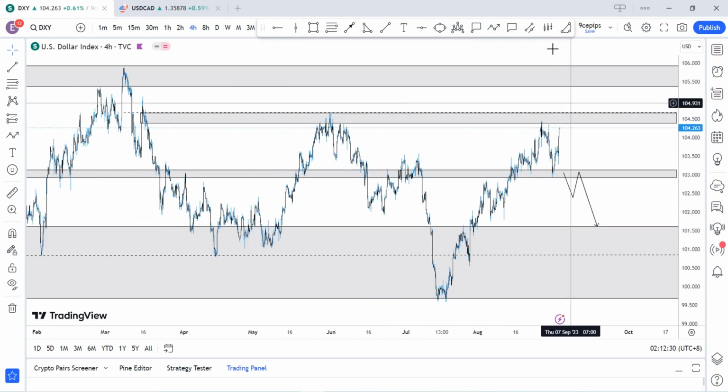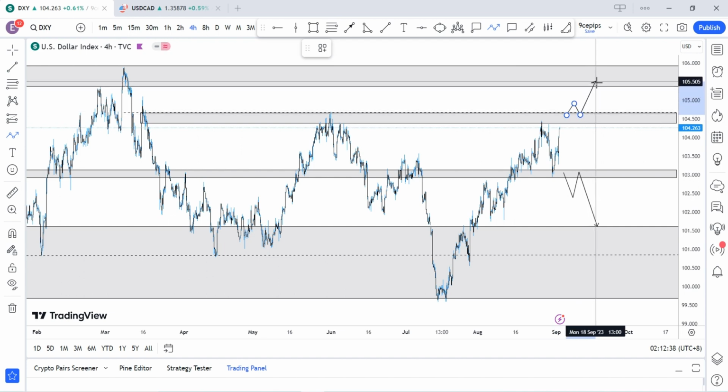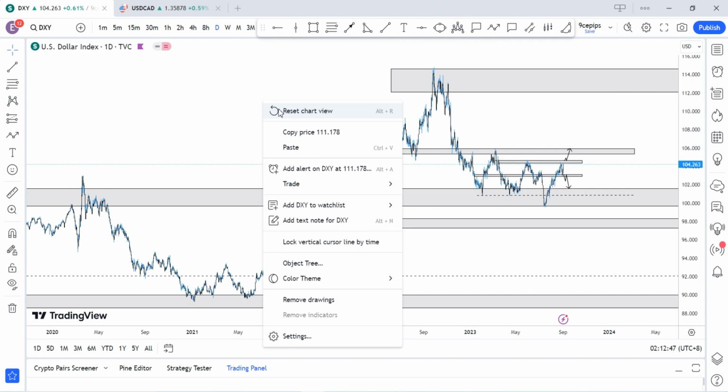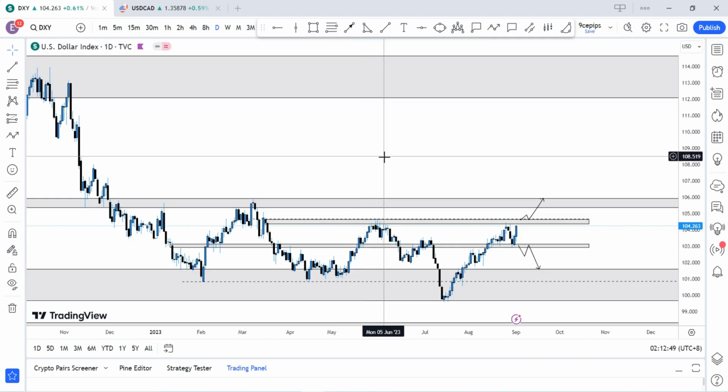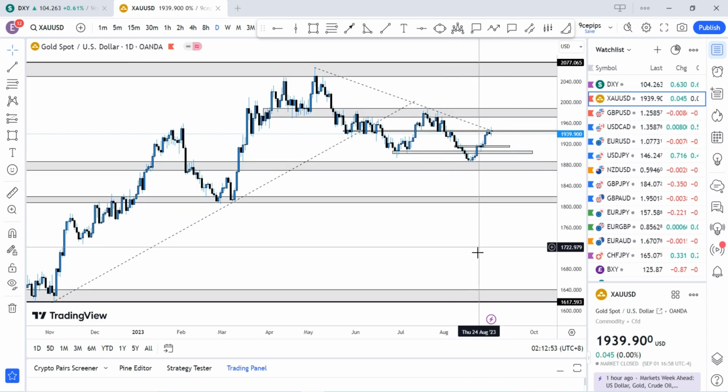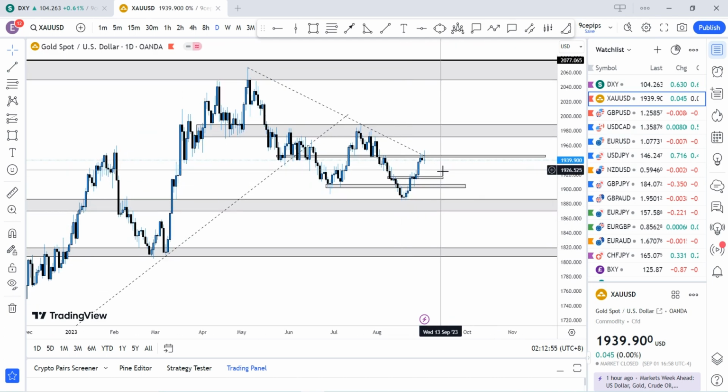And then this week, if we get price to break these regions here of 104.60, a retest of that region, we can see price come to 105.50 and above. Okay, so that's basically what I'm looking out for here on the DXY for the week. Now if that happens, if DXY is continuing to the upside, then